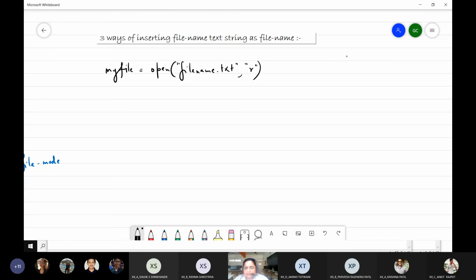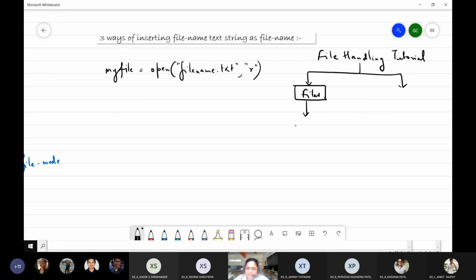Suppose this is the file hierarchy. File handling tutorial is my folder name. Within this, I have one folder which is files. This folder contains the file, that is all text.txt.